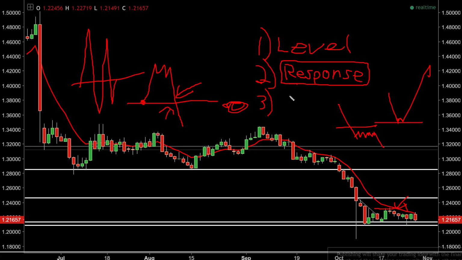And then the third thing is quantifying the risk and framing a trade around that. It's not good enough just to say, okay, I think it's weak because it's broken through a level. You have to have a point where you can quantify a risk and say, okay, my thesis is it's weak. Why is my thesis that? Because it's holding below a key level. So where's my stop going to be? Well, for that premise not to be correct, the market will have pushed back above that key level. My stop's there, my entry's here, my risk is X, and then I can work a trade around that.